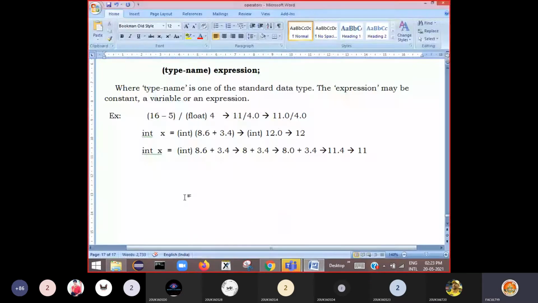Right. A simple program I'll write here. Program demonstrating explicit type conversion, so that it will be easy for you to understand more clearly.